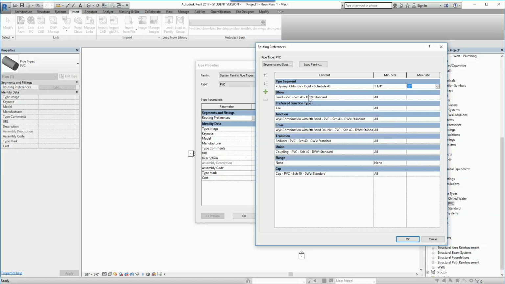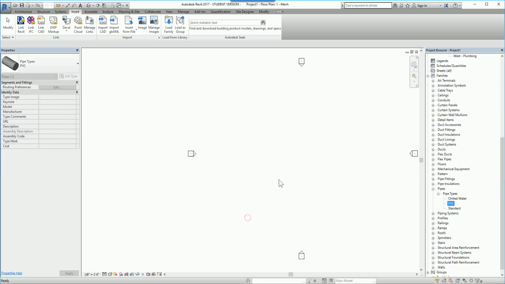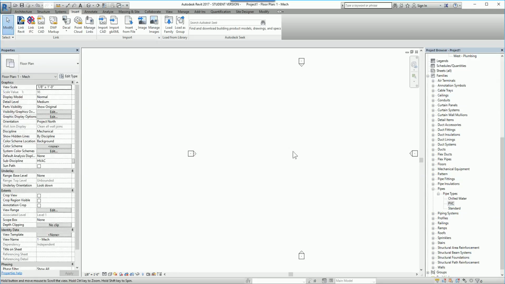But in this case, for elbows and down, we're telling it to use this one for all sizes. Now with this set up, all our elbows, fittings, anything that we need, we're specifically saying that we'll use for all bends and all junctions, by this feature here, all this kind of fitting. So just press OK,